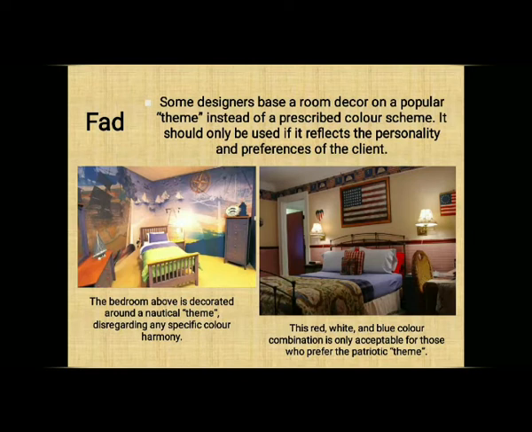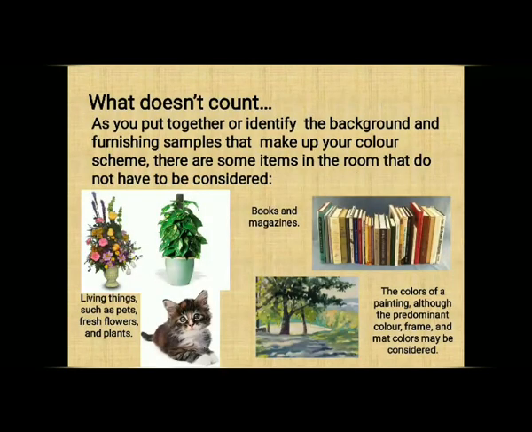So next, I hope this is the end of color schemes. Now we are going there. While you are designing a room, the interior accessories are not considered. For example, magazines in that room, books in that room, paintings in that room will not be considered while you are designing a room. If you have a flower vase over there, if you had a pet, or a cushion, or books, or any decorative items over there, they are not considered in choosing a color scheme.